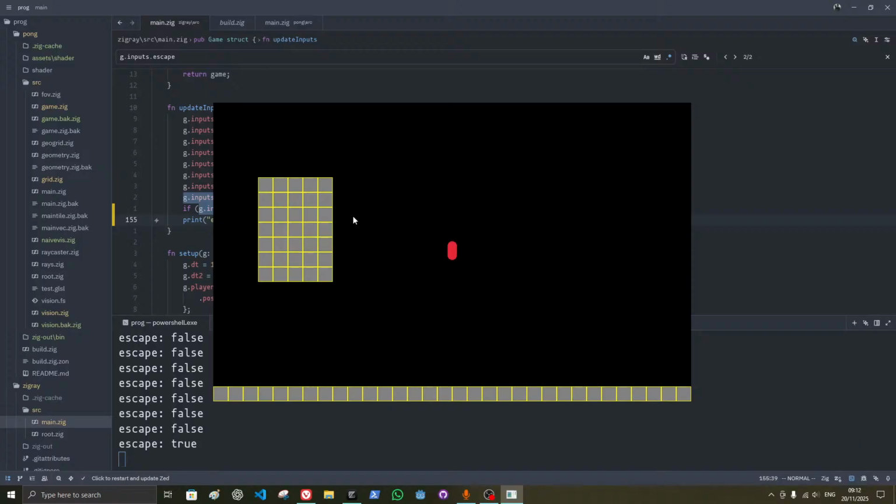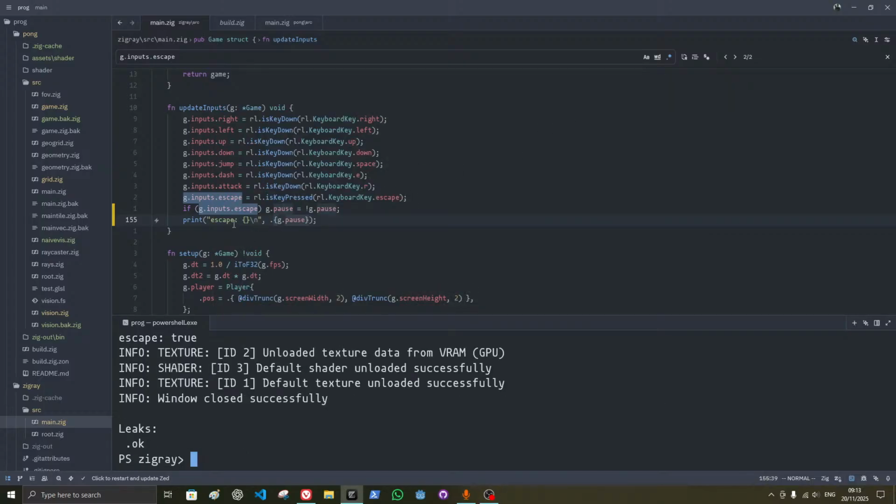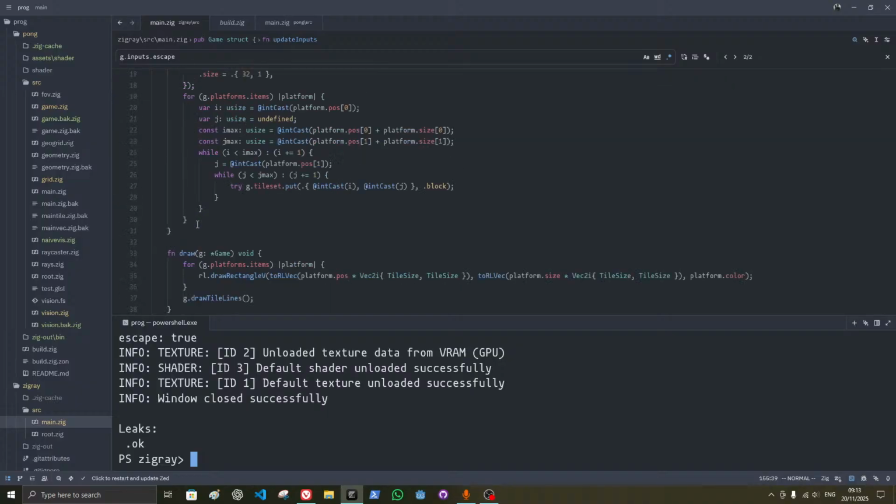Okay, we have jump, we pause it. It's true. Ah, okay, I see what's happening. So when we pause it, we don't have the update in inputs anymore. So update inputs should be outside of the